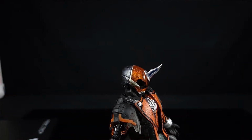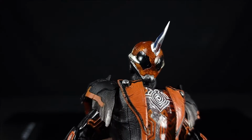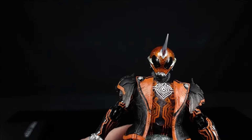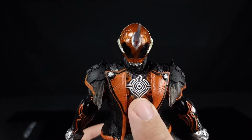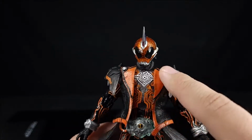I'm going to just raise this up quite a bit. I might have to retarget my lights a little bit because I'm having to do this a lot closer than originally anticipated. Okay. And you can see here, he's kind of got a skull thing going on. I'm going to strip him down in between transformations so we can really see what's going on under here. You got his logo right here in his chest in white, and then you got all the orange stuff going on. You got the Tamashi here,